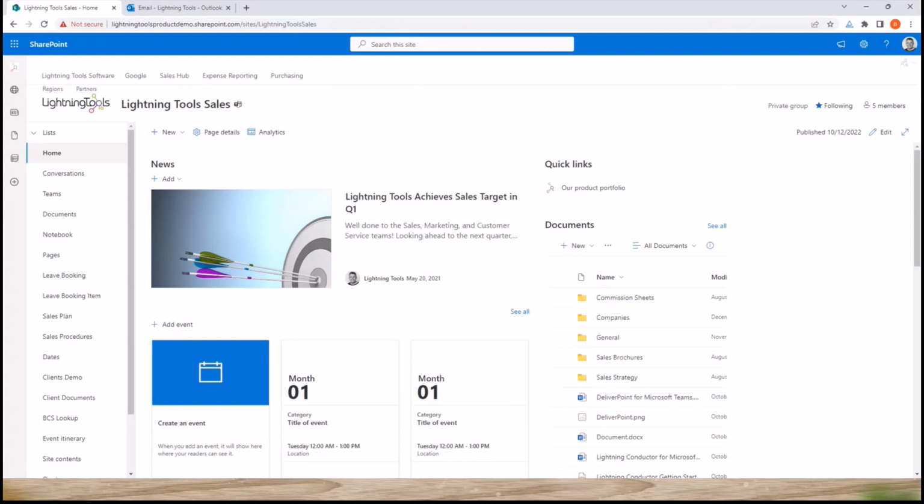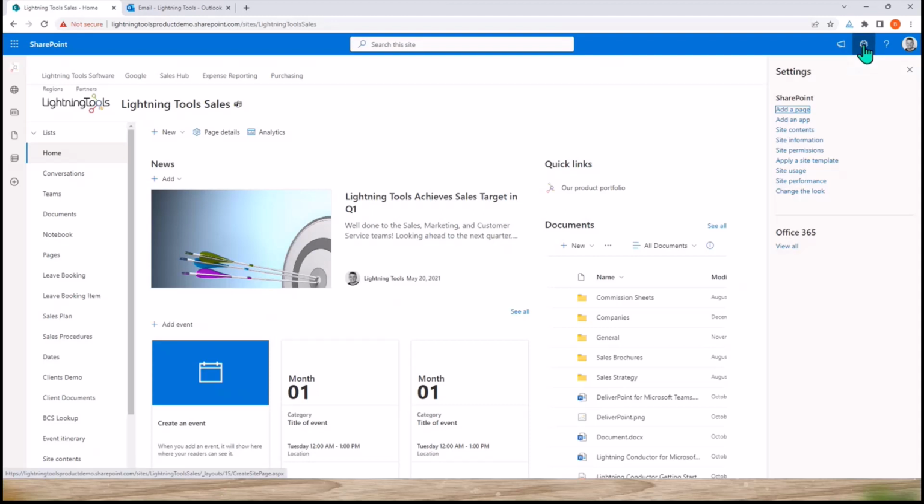So let's bring up DeliverPoint here. As you can see, we've got DeliverPoint on the page, and what we're going to do is just take a look at some of those reports that we can do contextually first of all. So I'm just inside a modern SharePoint site, and just to give some contrast to what this would look like